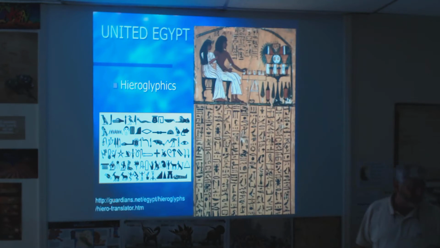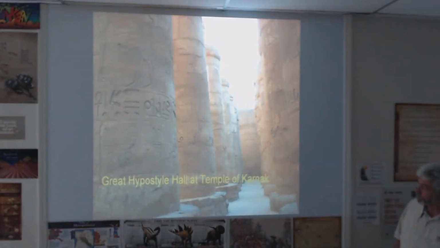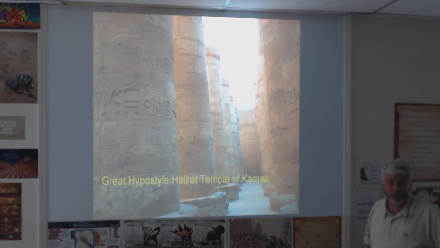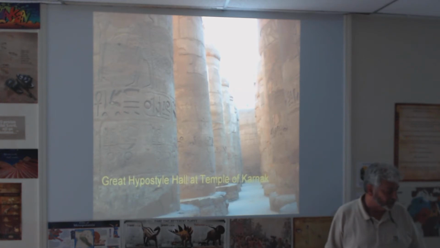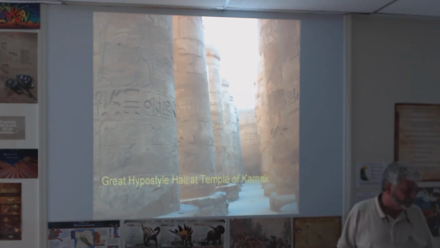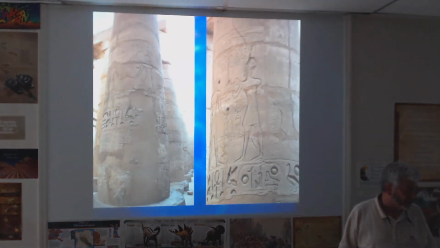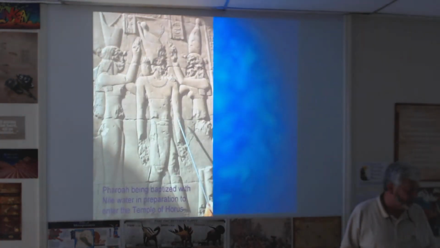I want you to see how hieroglyphics are dominant throughout Egypt. This is called the Great Hall at the Temple of Karnak, and you can see hieroglyphics all over these columns. One time there was a roof on this. It's no longer there. It's true. Many of the temples and buildings in Egypt, the roof is gone. Here's another example. More hieroglyphics